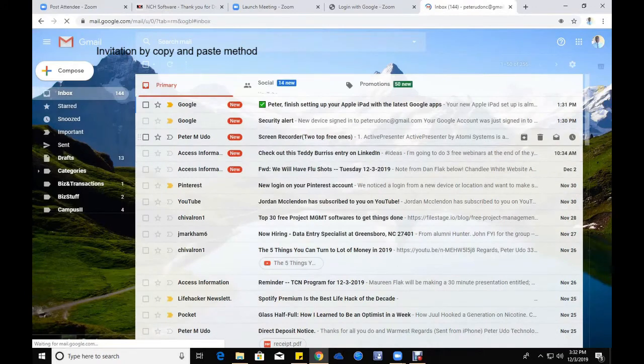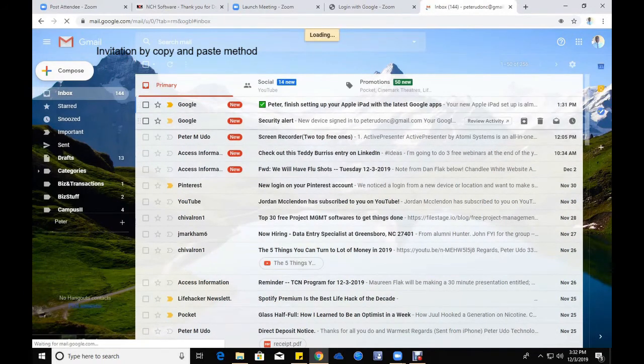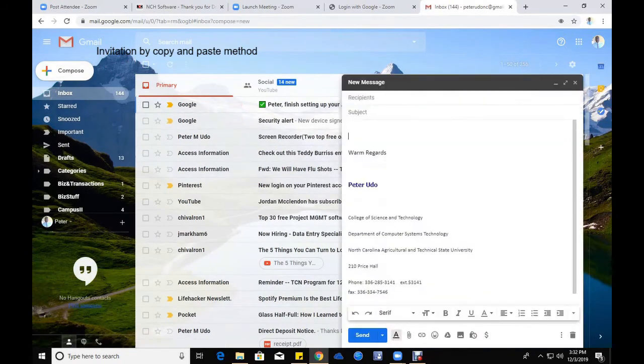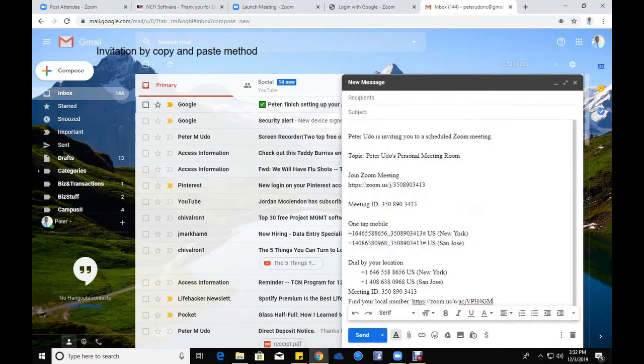If I open it, it will pop up like that, and I'm going to compose and paste that meeting invite like that. And once I do that, I'm going to go ahead and put in the address for my invitee, and I'm going to put in the subject